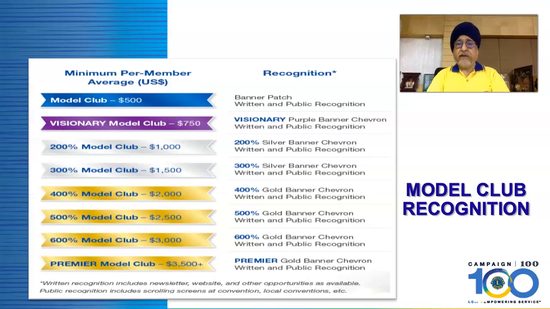There are different recognitions for becoming a model club. You can just give $500 per member average, and you can become a model club. And if you are able to contribute a higher amount, you can become a visionary model club by contributing just $750 per member average. Similarly, you can go higher by becoming a 200% model club, contributing $1,000 per member average,